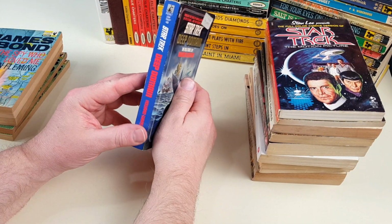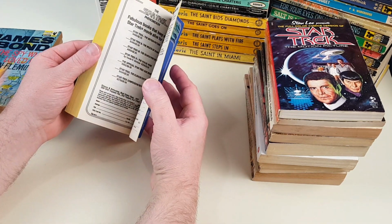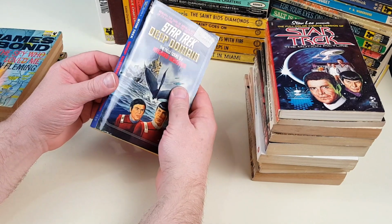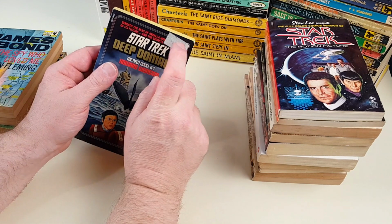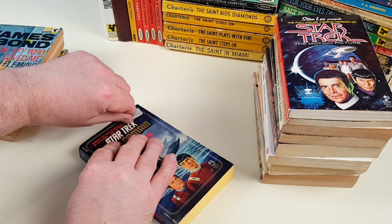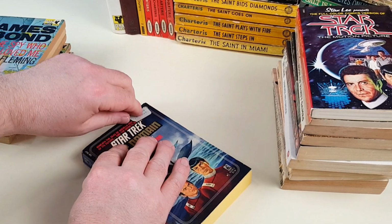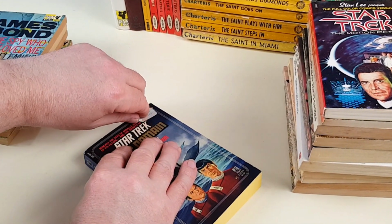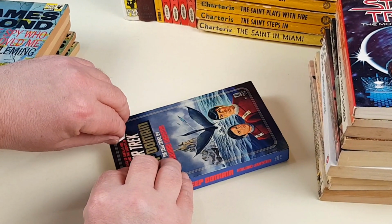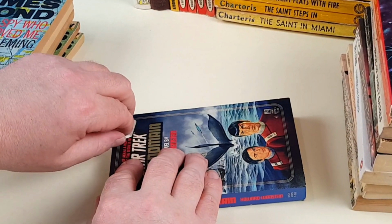One of the odd Pocket Books that I was missing, number 33. I'm trying to collect them all in American first edition, so I was able to get this one. The British ones are much easier to get, but I just hate them, the Titan Books ones. Now, I think I'm going to try and get rid of that label. So it'll either come off really easily, or I might need to put a bit of polish on it. But it looks like it's coming okay. And the reason why is because it's covering up the series number. And these are really shiny jackets. So generally speaking, stickers come off much easier if I'm patient. I can feel it coming. So yeah,